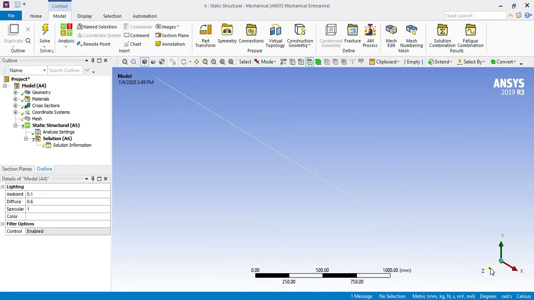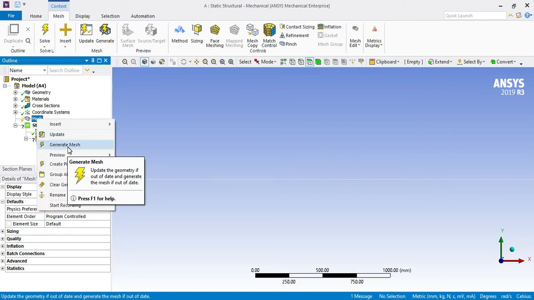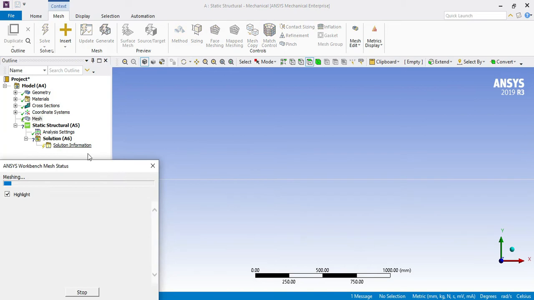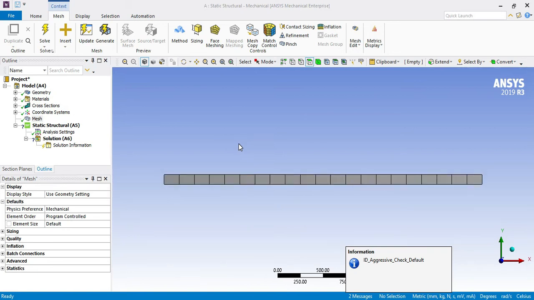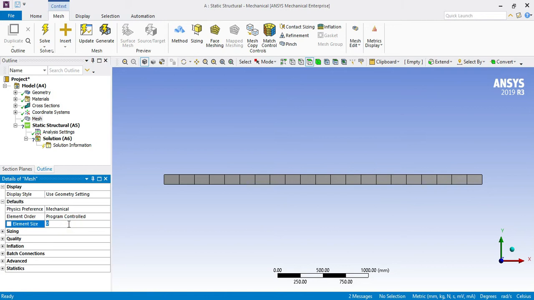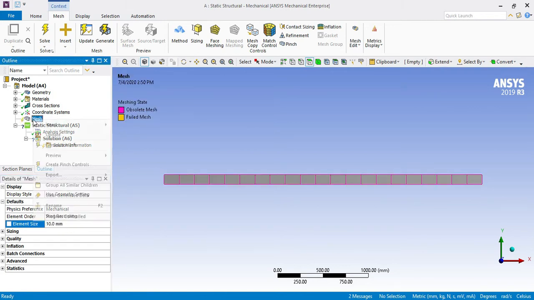So here select on Z. Now right click on mesh and select generate mesh. Now give here element size. So I'm giving here 10 mm, and right click on mesh, generate mesh.